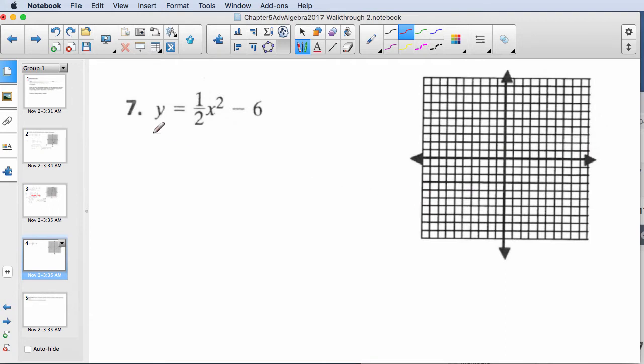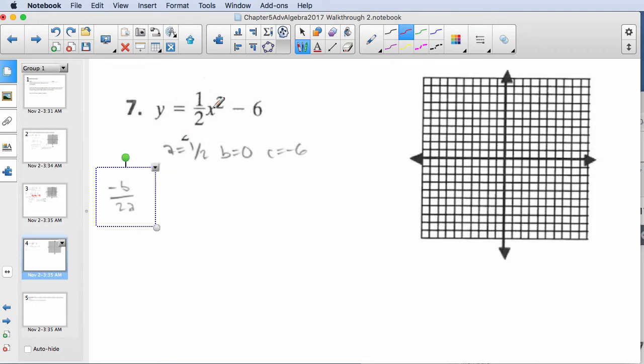Okay, and then our third problem here, again we're asked to find the vertex and the axis of symmetry. Hopefully you see that since there's no linear component, our negative 6 for our y-intercept is also going to be the y-coordinate of the vertex, and the axis of symmetry is x equals 0. Then you can just plug in a couple more points and graph this. But let's proceed on this one as if you're using the standard formulas we use for the other problems. So we write down all of the coefficients, remembering that